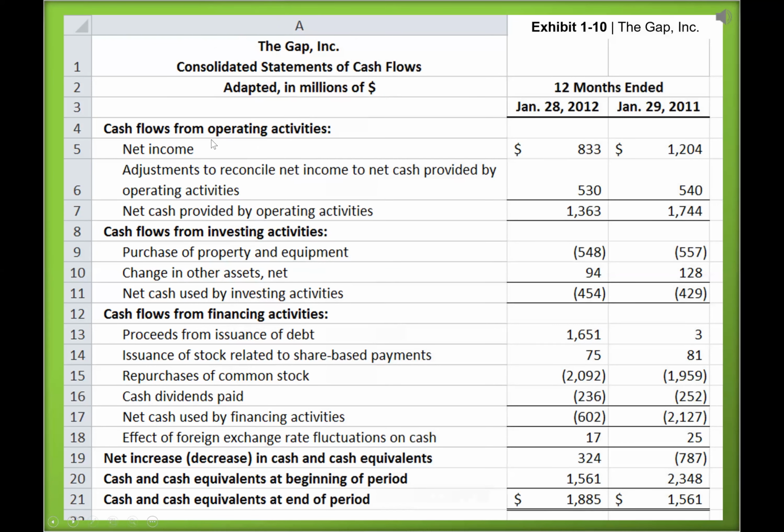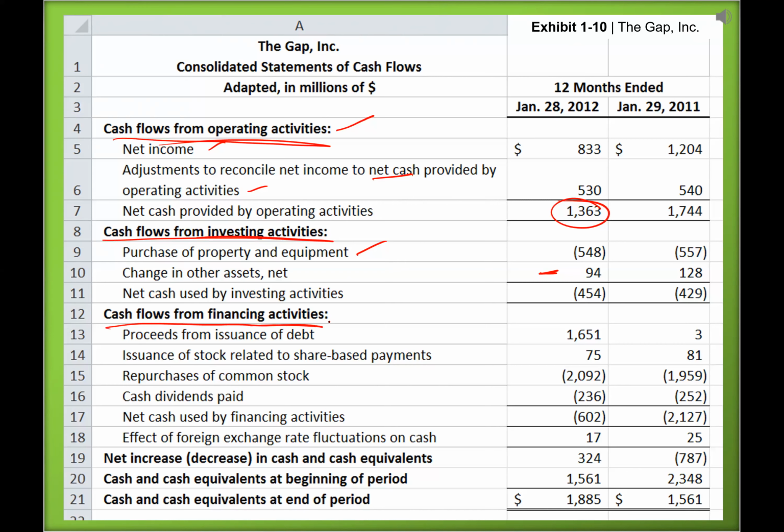Here is an example of a cash flow statement. You see here cash flow from operating activities: you see net income, and you see the other items, how you make that net cash provided by operating activities. This is the CFO, cash flow from operations. This is CFI, cash flow from investment. You see property purchased, property sale, change in other assets. How do they calculate that? They just look at the balance sheet and see whether it increased or decreased. Right now, we are not going to see how we calculate that. I'm just going to give you a flavor of how the cash flow statement looks.